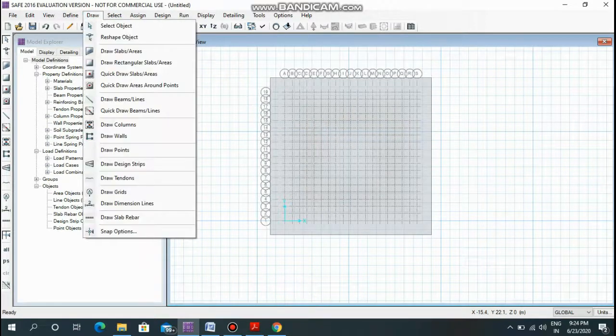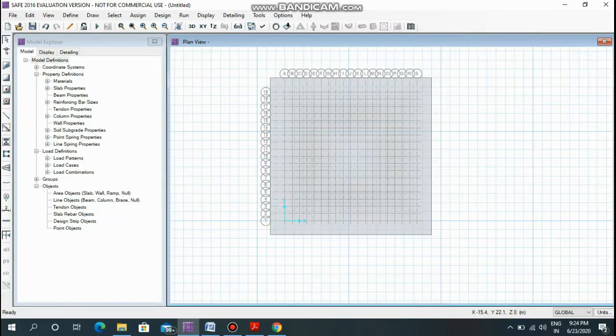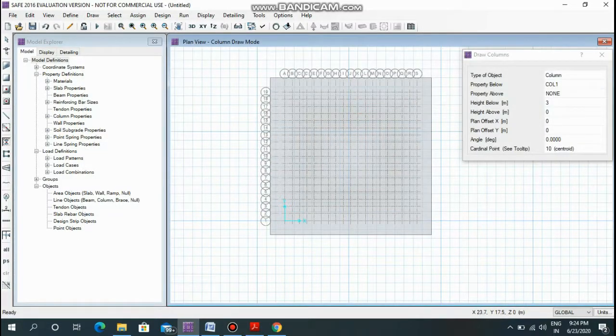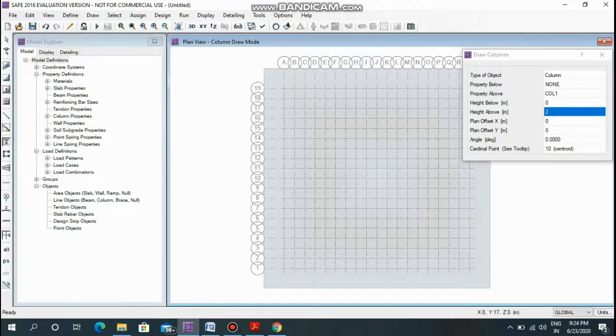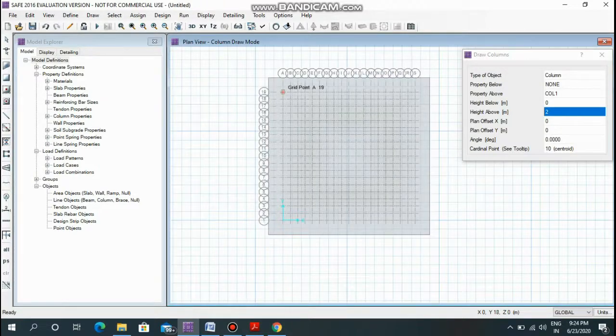Now let us draw the columns, and go to the draw menu and click on draw columns. Change the property below to none and property above to column 1. The height below is 0 and the height above is 2 meter. Now let us place the columns which are 6 meter apart.